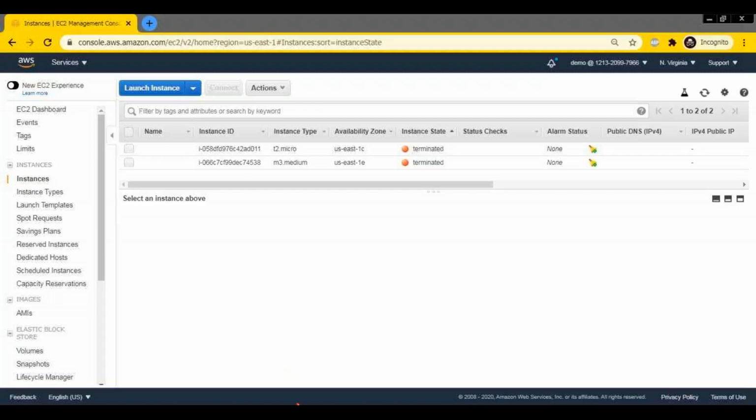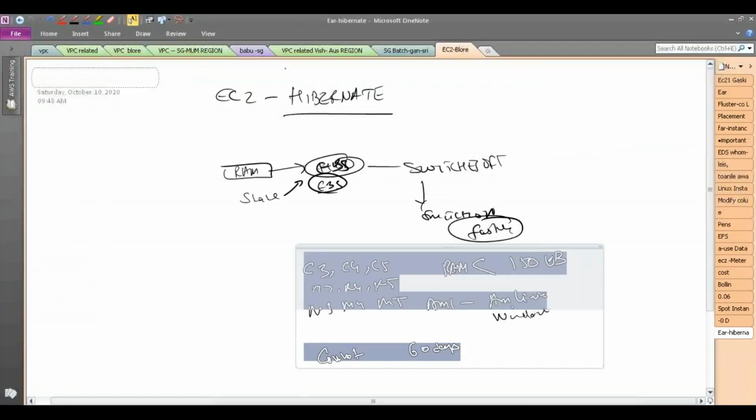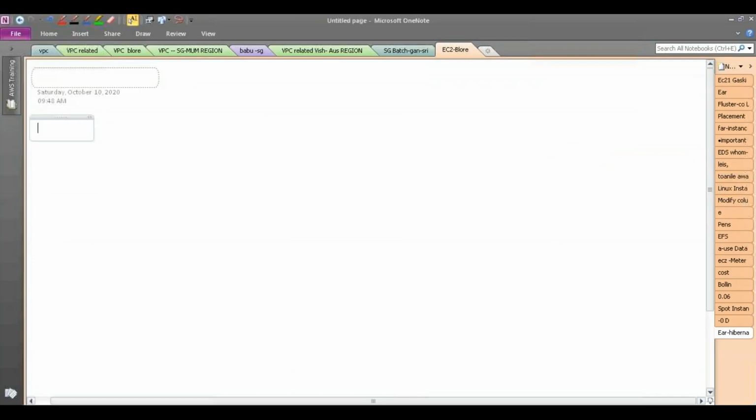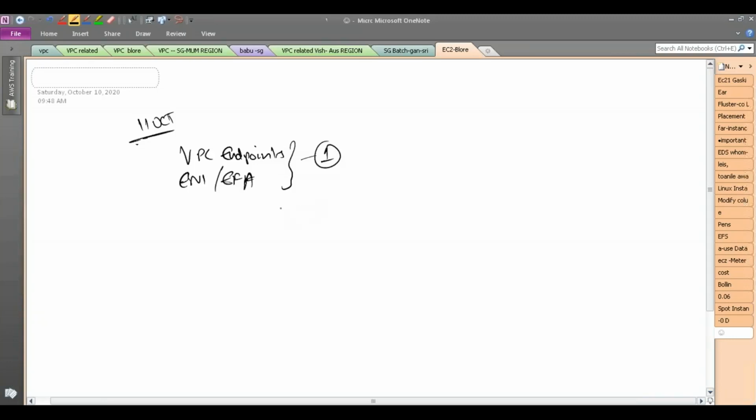So I haven't shown you VPC endpoints, so probably tomorrow we will see that. Tomorrow is 11th October. So tomorrow we will talk about VPC endpoints, and we'll talk about ENI and EFA. VPC endpoints we didn't see while talking about VPC. I told you after EC2 we'll talk about it. So these two we will see in the first half an hour or so, and then we will start with the database